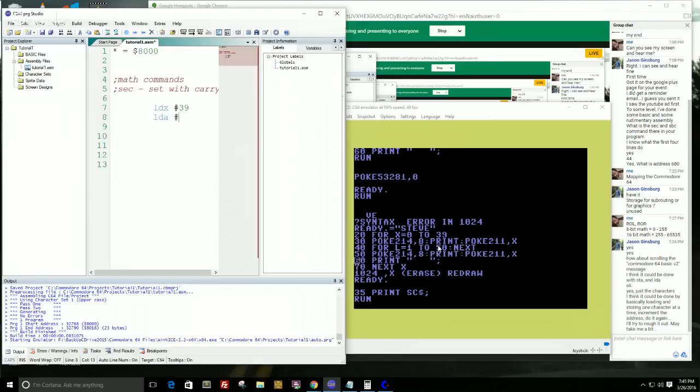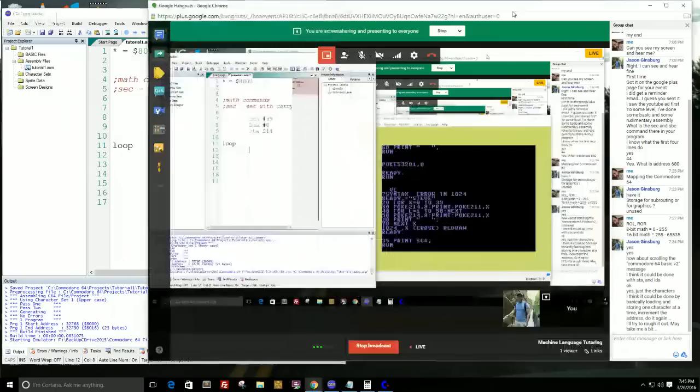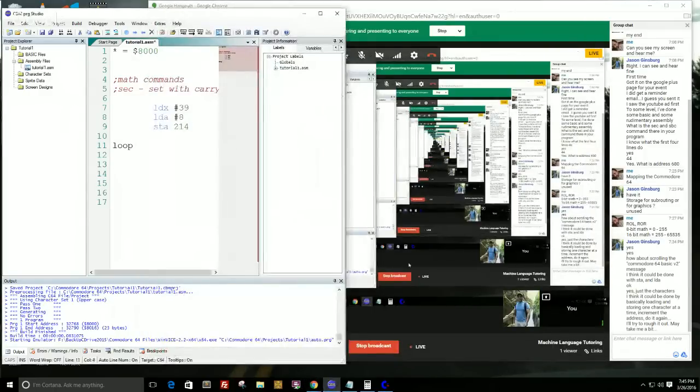And we're going to set the accumulator to 8 for the 214. And so we need to set a loop. So this is a label, guys, if you're watching. If you're just joining, guys, we're just going to create this little basic program we have on the screen. Hopefully you guys can see that. And we're going to recreate it,